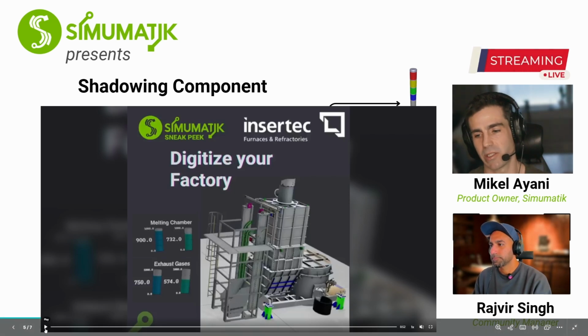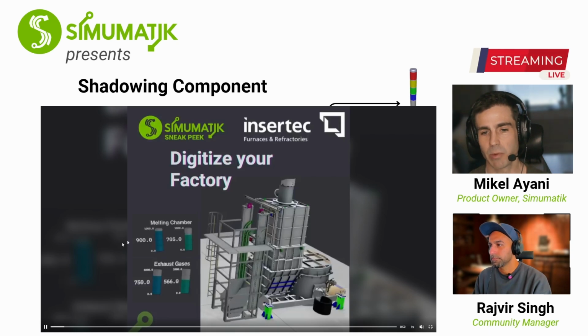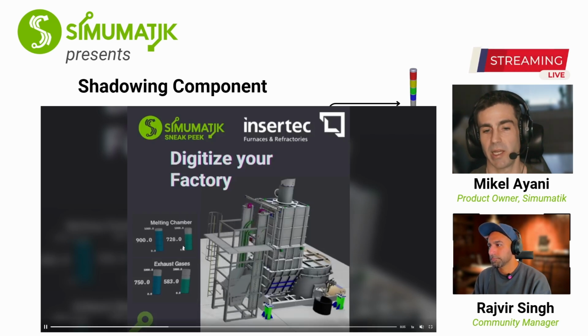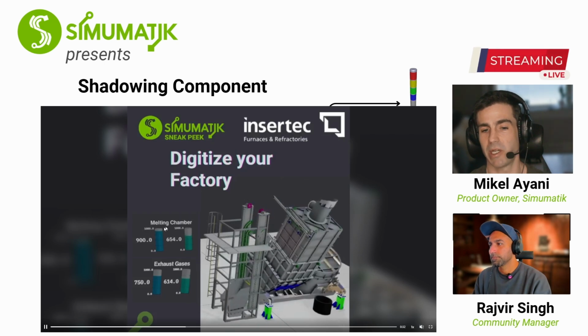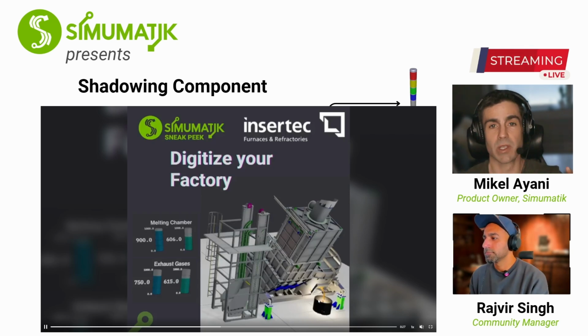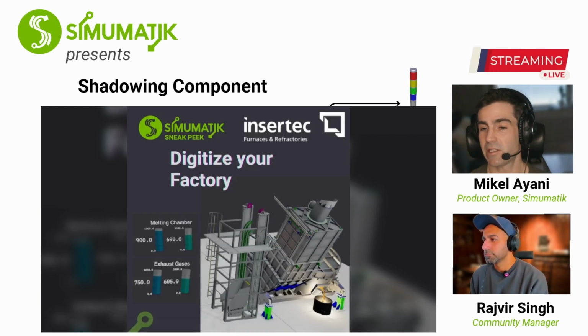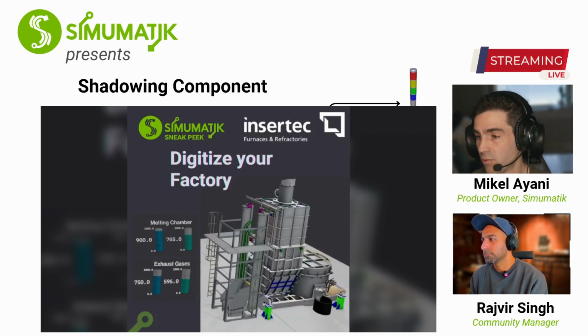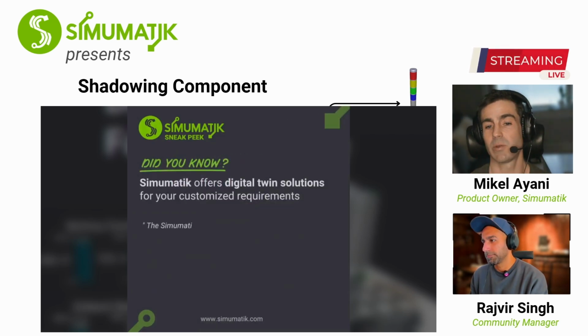And I'm just going to start the video so we can see what is possible. So you can animate the model using real values from actuators, encoders, or whatever, so you can visualize what's going on, as we can see. But at the same time, you can visualize. This is also Simumatik. These are some components that are used to visualize. You can do animations and so on, so it can be pretty rich. And this is what the model is showing now. It is actually what can be going on right now in real time in the real machine. And this is what we call